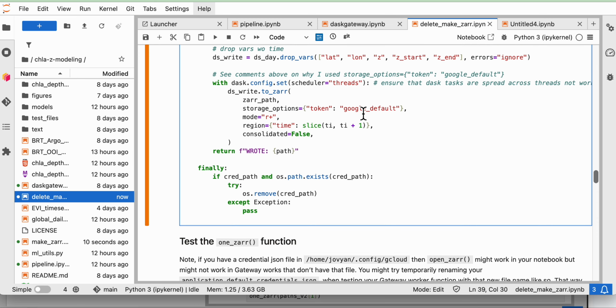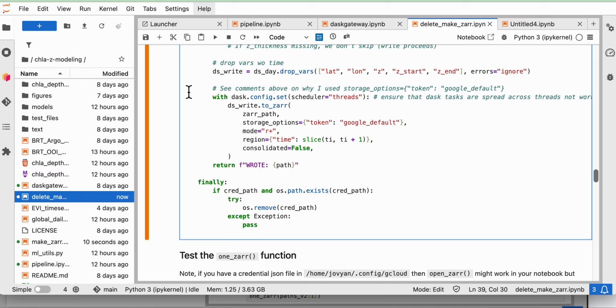Okay, so a few important things about this particular part where I'm writing. I am going to be sending this to gateway workers. And what I want each worker, which is going to be like one CPU, and then it's going to have threads, to do is grab a file and then do all its tasks in that worker. Now the problem is that my task